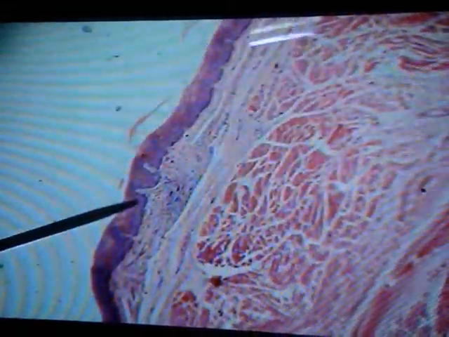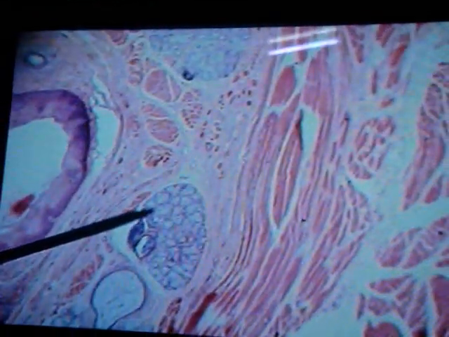So, adventitia, then the skeletal muscle lining, then the fibroelastic lamina of the pharyngobasilar fascia, the lamina propria, and the epithelium of the oropharynx. Which layer is absent in the pharynx? We didn't see any submucosa and no muscularis mucosa. Please don't confuse these muscle fibers to be the fibers of the muscularis mucosa. These are skeletal muscle fibers which got disrupted because of these glands.